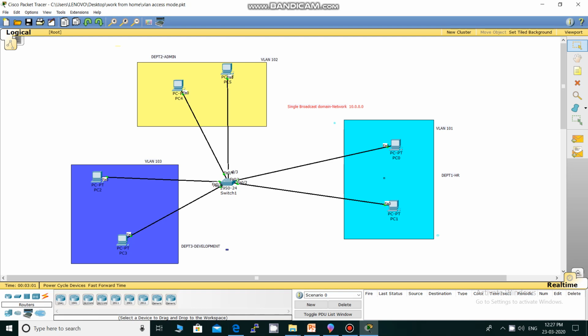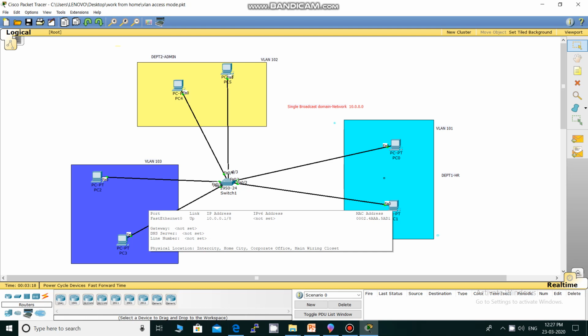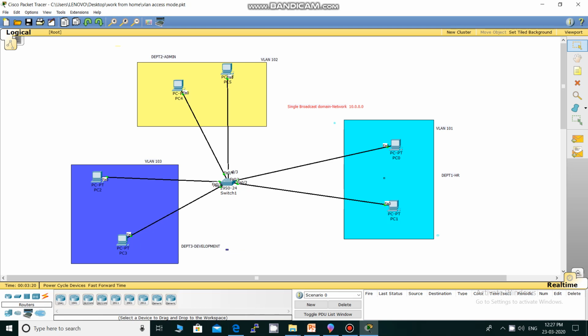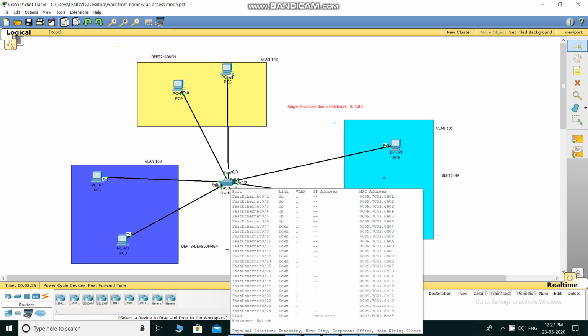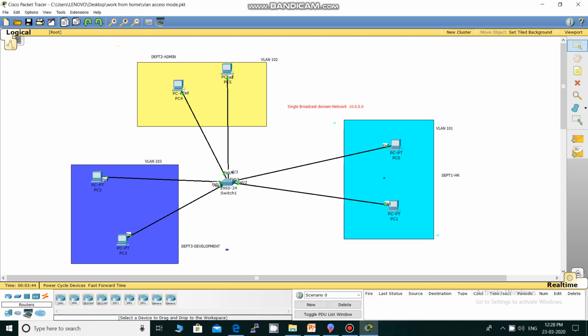So we have taken this network, and it will assign IP addresses within this network, that is 10.0.0.1 up to 10.0.0.254. So we have assigned host addresses to these machines, that is the IP address of this machine is 10.0.0.1, up to 10.0.0.6. The switch is of 24 ports. These are the 24 ports we have seen. Now every machine in this network will communicate with each other.